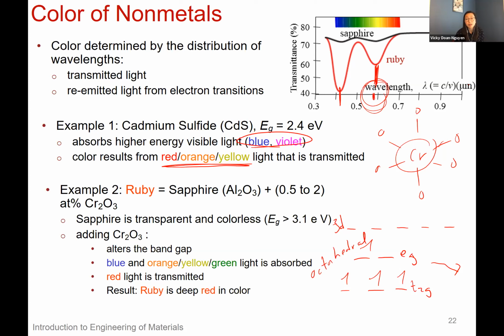And because the absorbed wavelength is green, what you really see is red. Okay, so the resulting color, as it says here, is the reason why ruby is red,